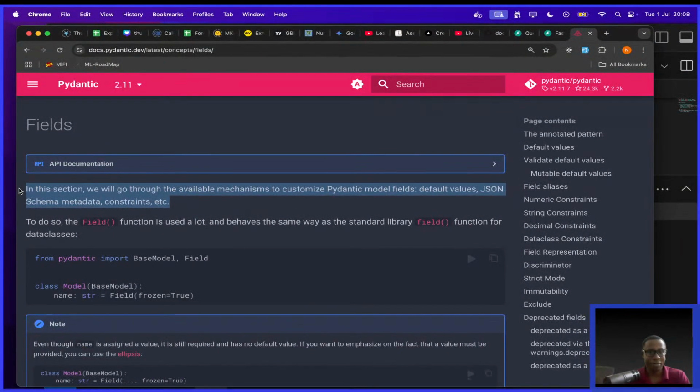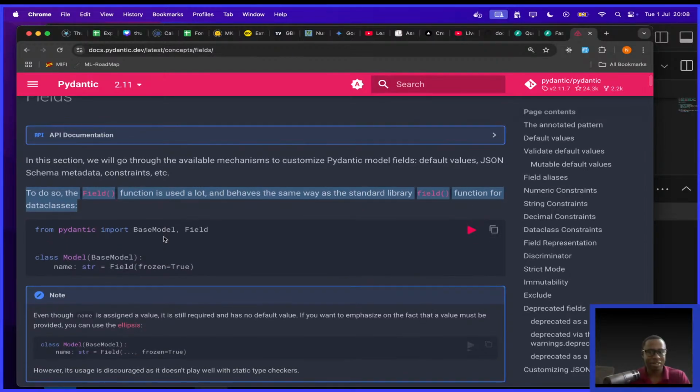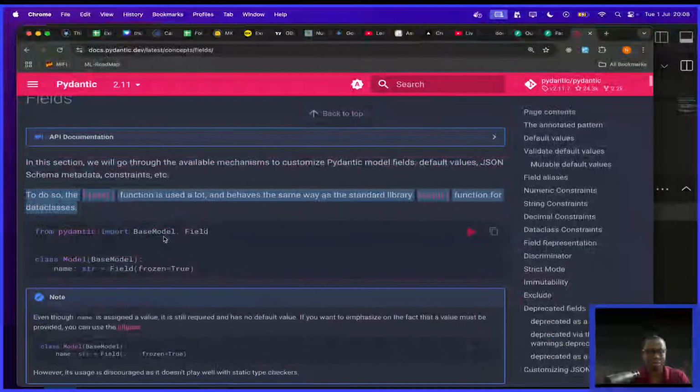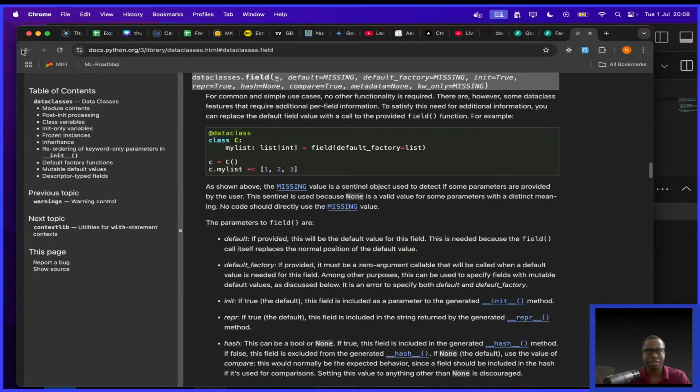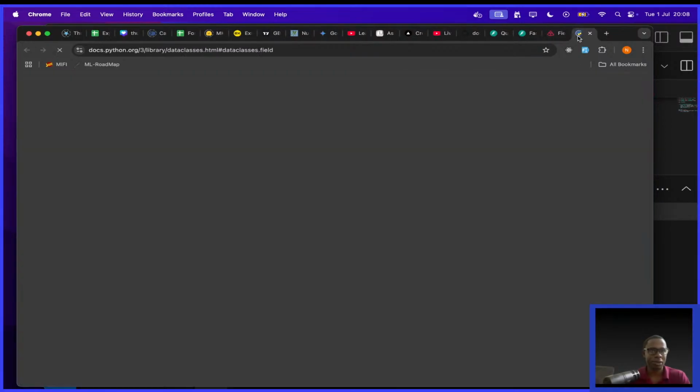Okay. What do you customize? Default values, JSON schema metadata, and constraints. So it says to do so, the field function is used a lot and behaves the same way as the standard library field function for data classes. I think that, yeah, this makes sense, if you know field of data classes. Let me just go back here. I want to open this in a new tab. Okay, so if I open this,